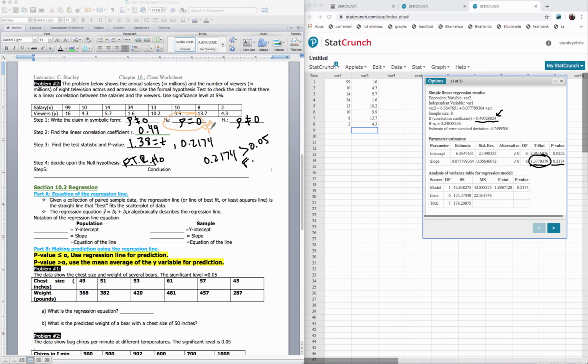This is no, I'll just say relationship. So the conclusion is there's no evidence or insufficient evidence of a relationship